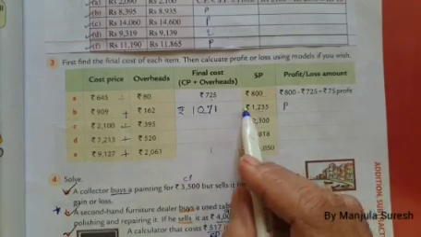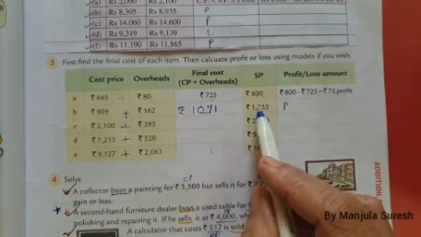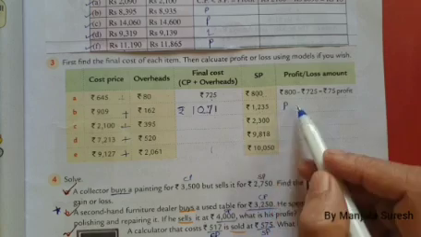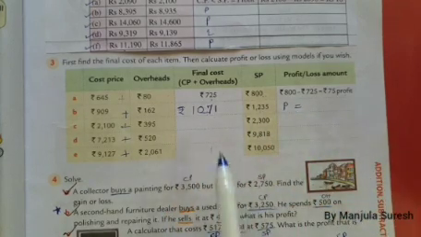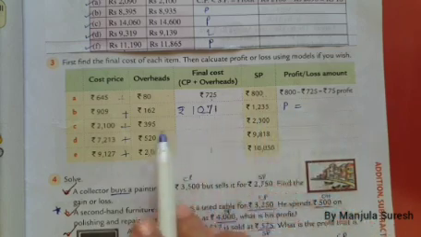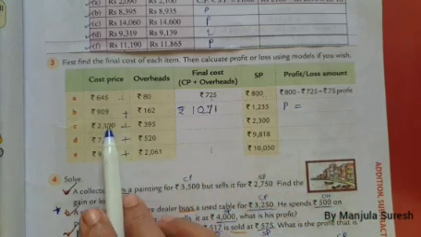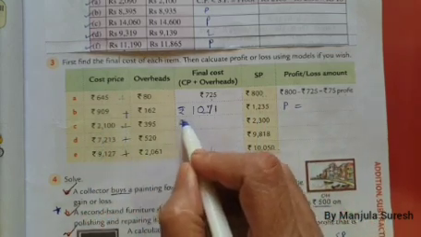Okay, we have to just compare these two. Since selling price is more, profit. How much is the profit? You have to calculate and do. Okay. And third question, you have to do subtraction only. See, you have to add this. So you will get rupees